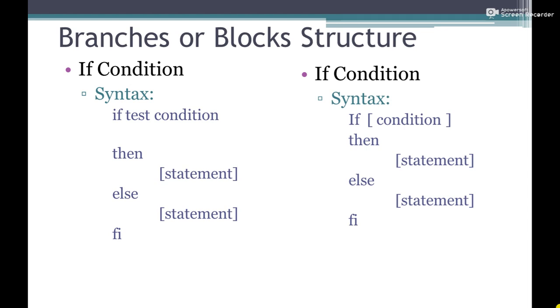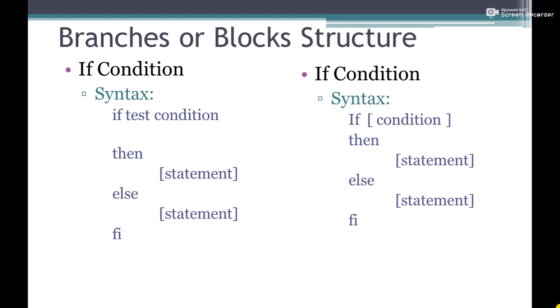So instead of test, we can use the square bracket, but while using the square bracket we have to be careful, because as you see, the square bracket has one space before and after. So write if, then leave one space, then the square bracket, then again leave one space, and then we write our condition, and after writing the condition, leave one space and then close the square bracket. So this is the format which we use for the second if condition.